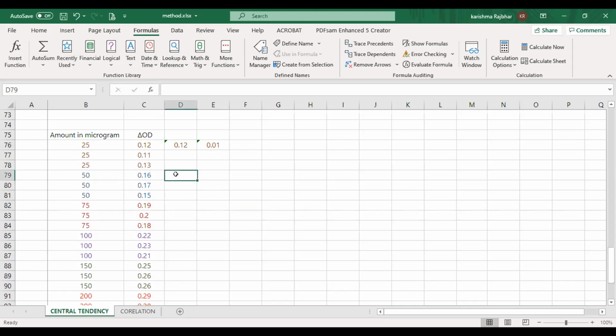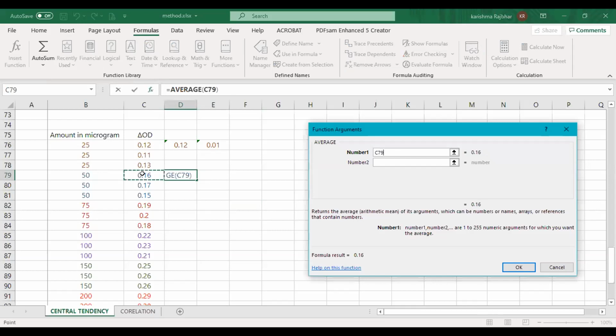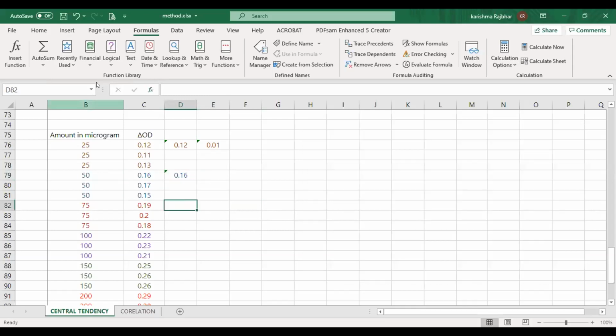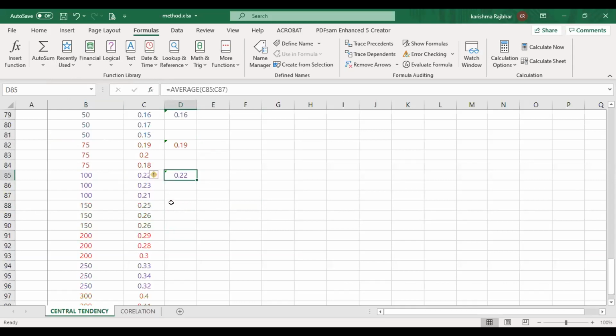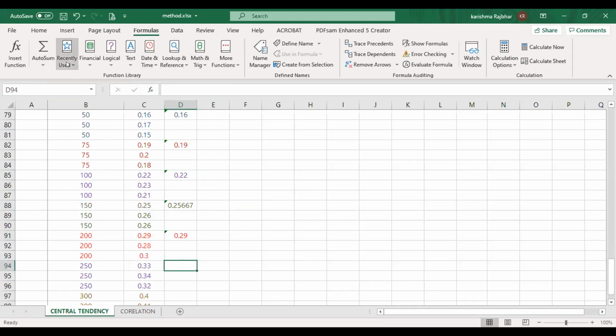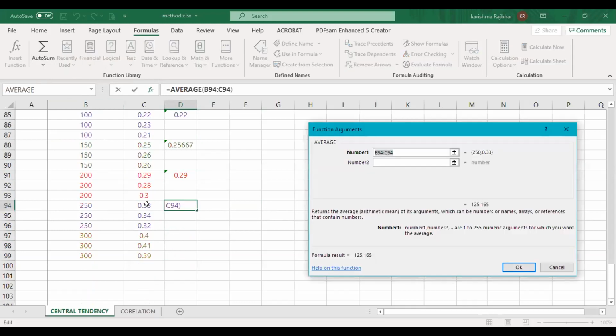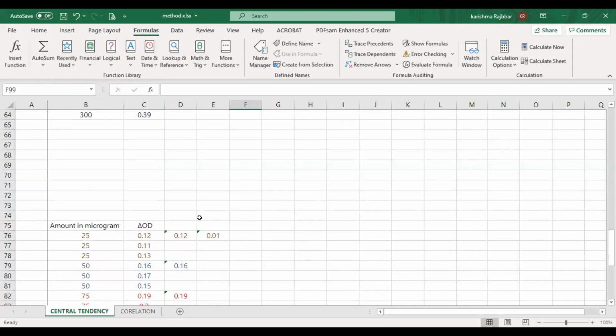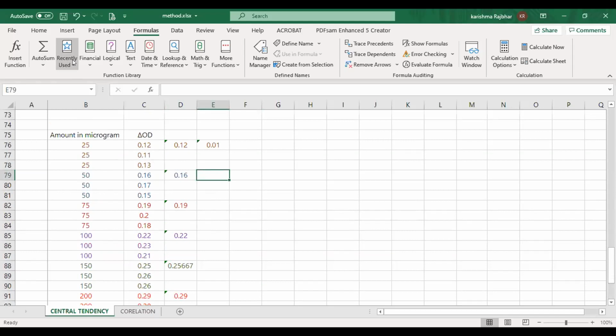Okay, I am just doing it for everything because we need the data. See, I am just making a selection, going to average and making a mean. See here, how fast I am calculating. Is it easy, students? Yes, ma'am. Yeah, it's much easier, but the use of the options is very important. Now I am done with my mean and average, so I am continuing with your standard deviation.